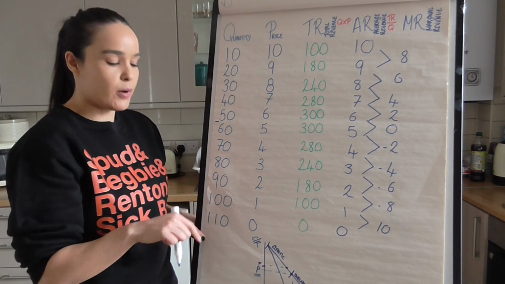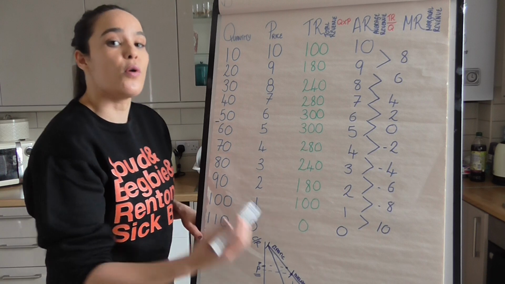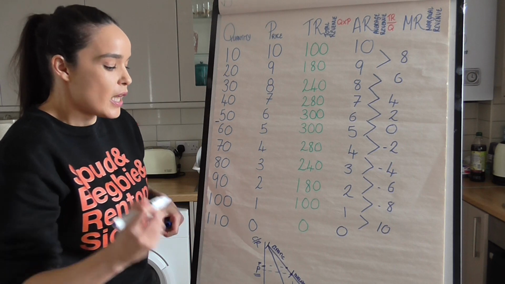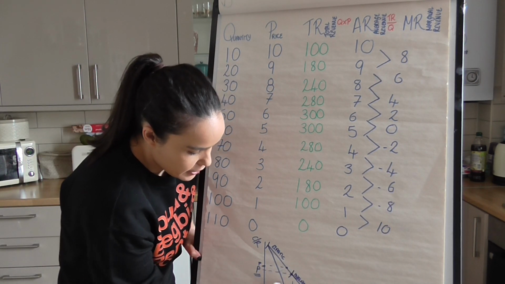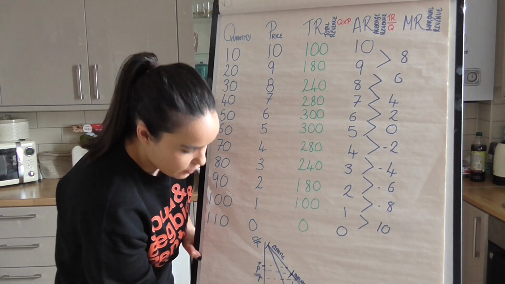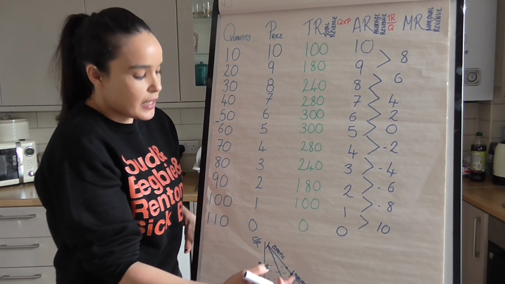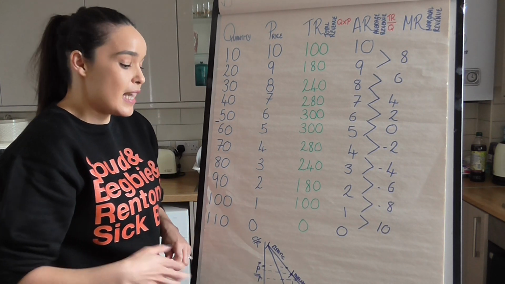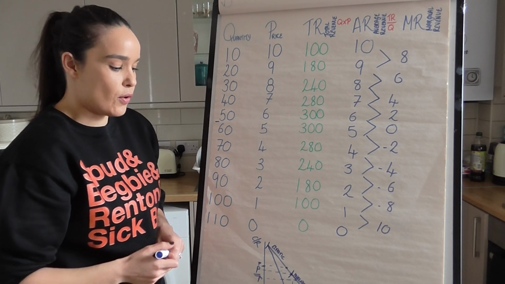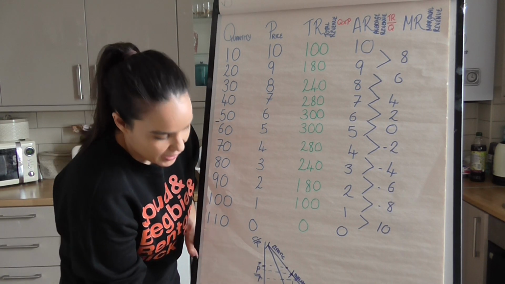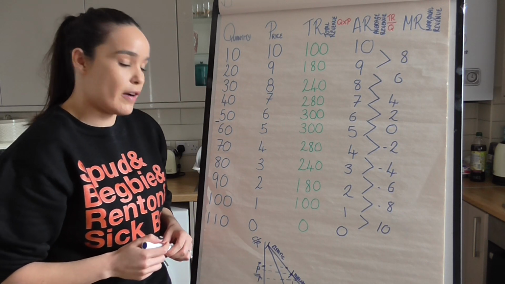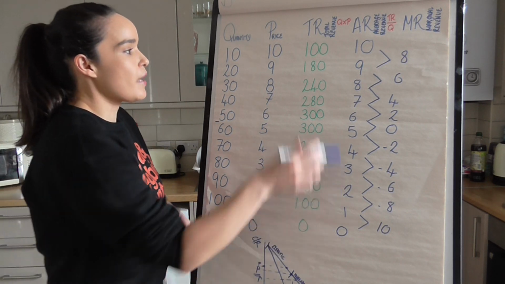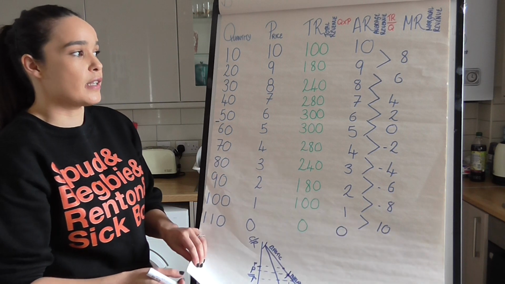And obviously if you increase the price when something is elastic, then there will be a more than proportional change in quantity demanded, which means that your revenue will fall. And here as well, if you decrease the price, you enter your inelastic section, and we know that if you decrease the price when it's inelastic, then there will be a less than proportionate response, and therefore your revenue will fall. And that explains why your revenue is maximised at marginal revenue being zero. So I thought it was worth taking the time to do that before we actually look at the